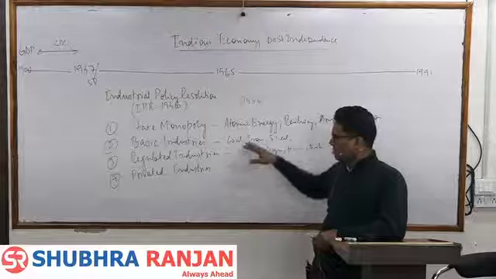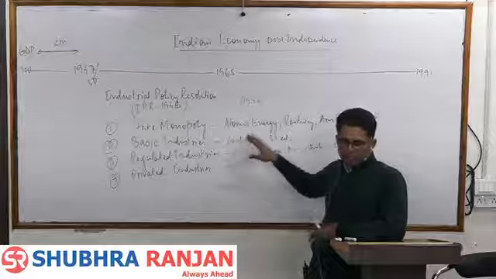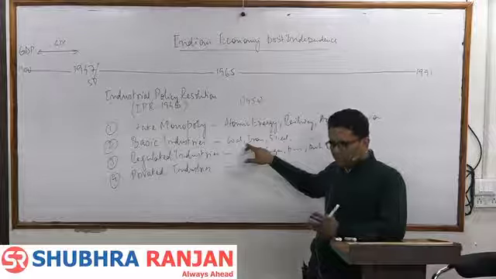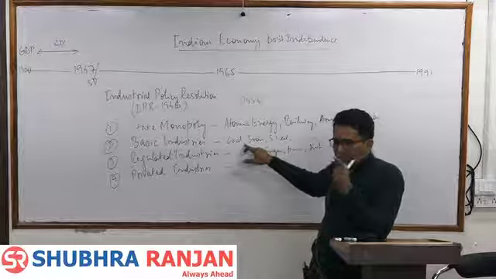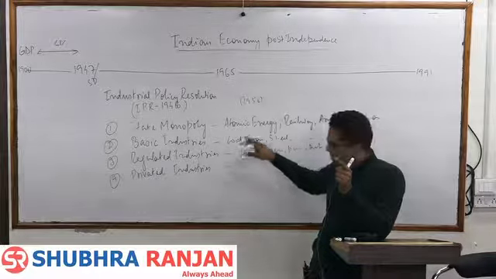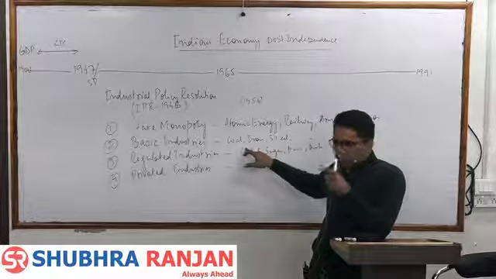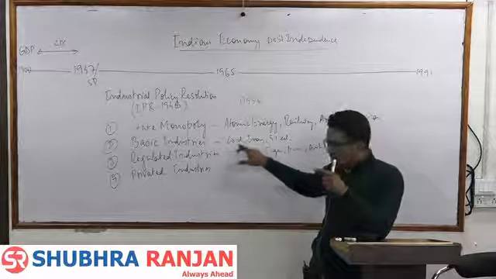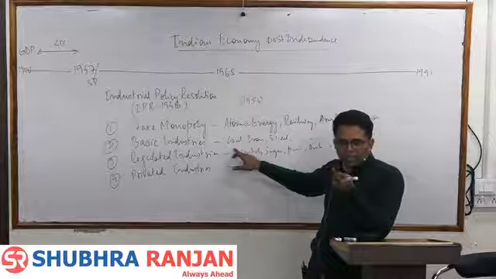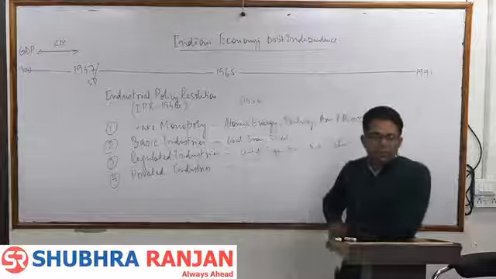Basic industries, government said that only new industries can be set up only by government. Those who were there in the private sector were allowed to remain private, but there was always a threat of nationalization on those private industries, and some threats of nationalization exactly turned true in 1973 when government nationalized the coal sector. In 1973 coal nationalization, what exactly happened? The private companies which were there before 1947, government took over those companies also.